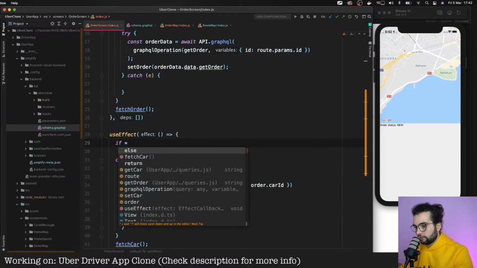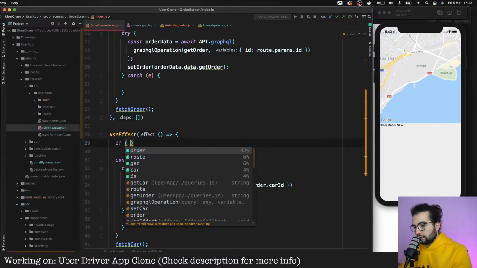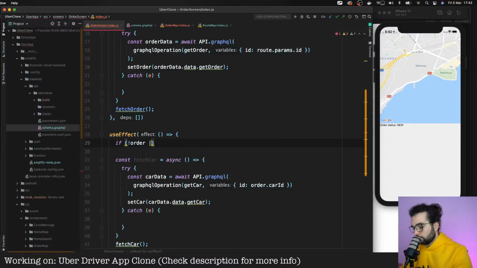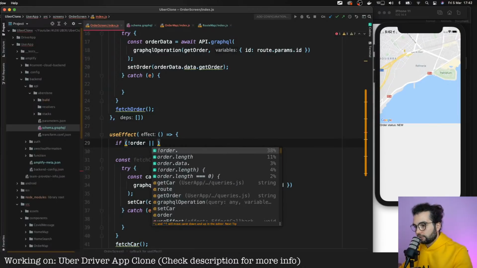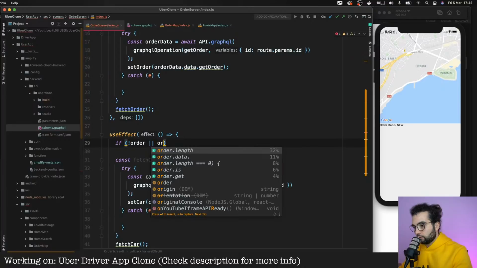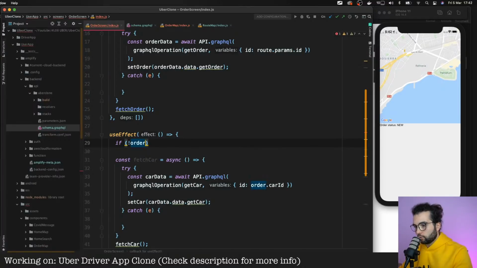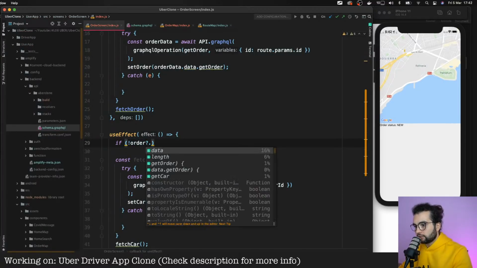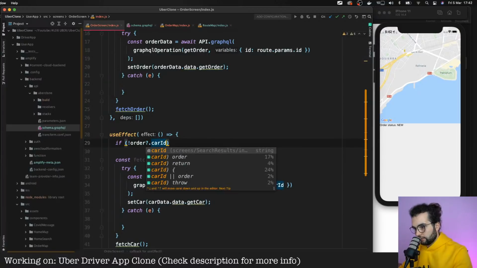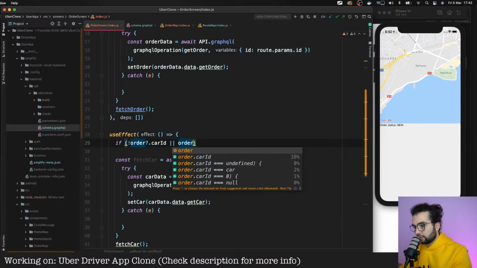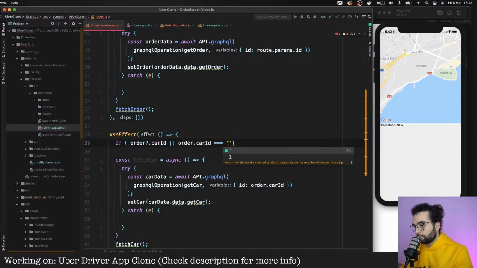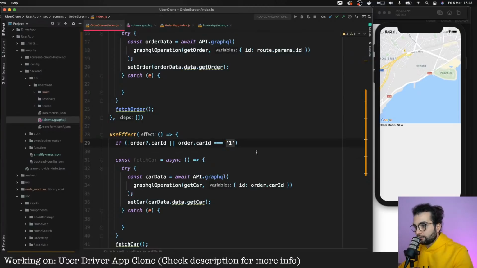If order.carId is null, or if order.carId is equal to 1, because that's the hard-coded ID when we create an order, and this means that the order is new, or we can do it with status, right?